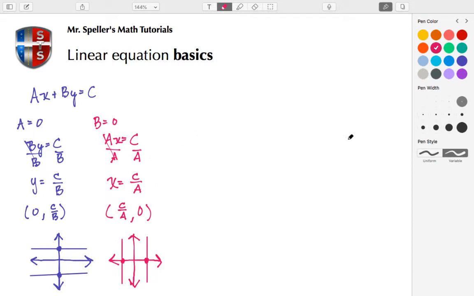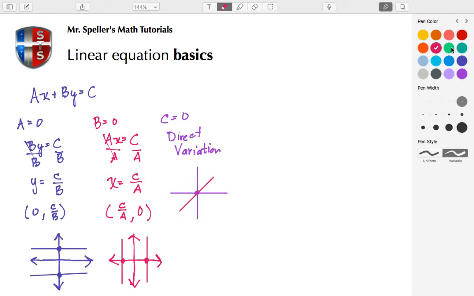Right? What if c were equal to 0? If c is equal to 0, we end up with something called a direct variation. All right? And with a direct variation, all that means is that the line that we draw is going to intersect at the origin of the coordinate plane. So here we have our x and y axes. Here is the origin. If the line that we draw has a positive slope, then that line would have to cross here at the origin.